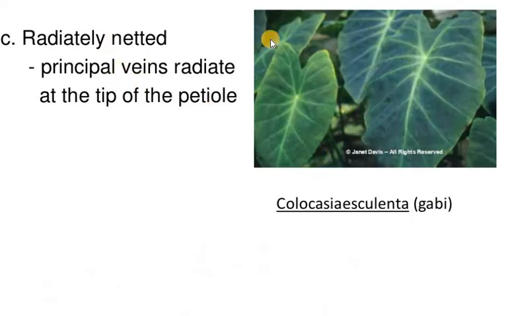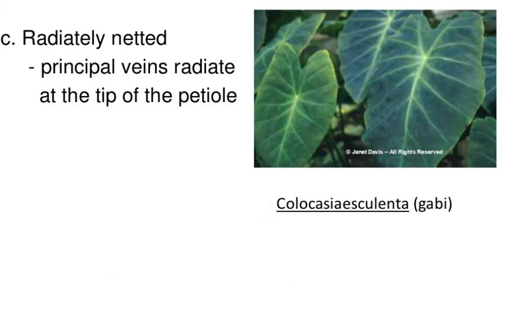And this is called a radiately netted. If you see the leaf of colocasia, the point where the petiole ends is here, and from that point the veins radiate outward. This is called radiately netted petiole. So when the veins radiate from a single point, that is at the tip of the petiole, this is called